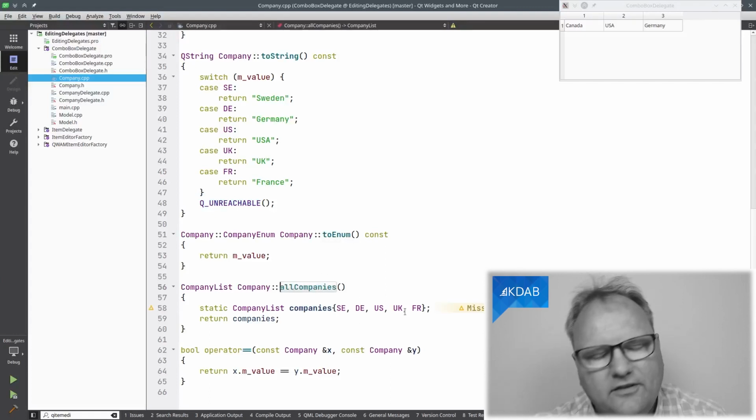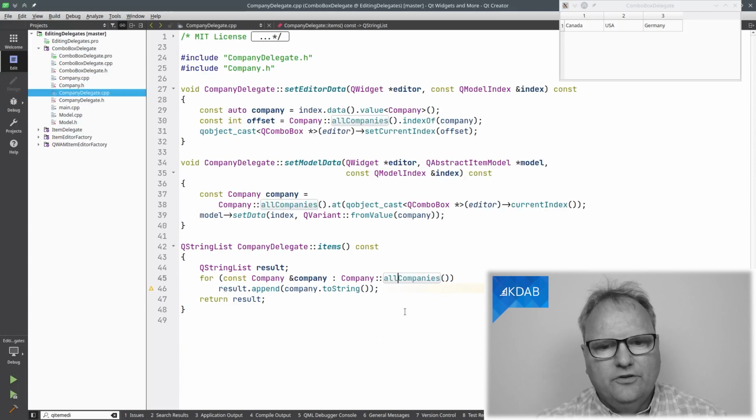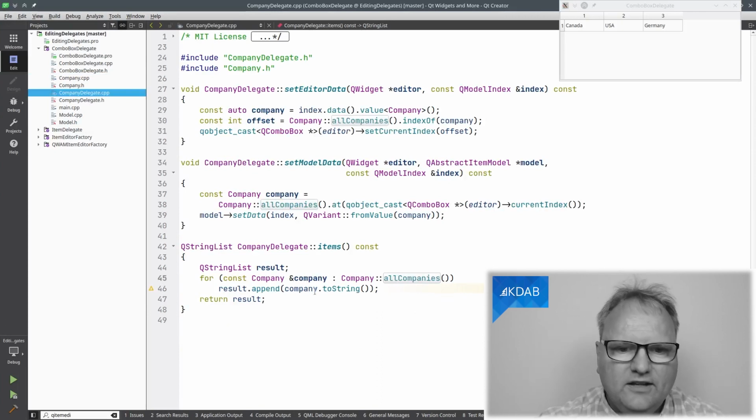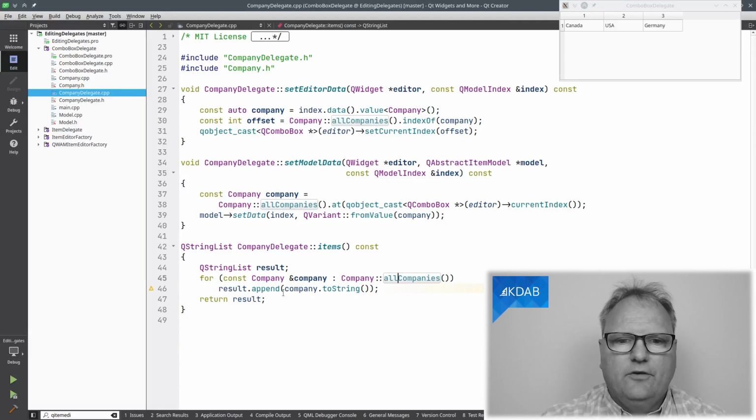It could, and of course in my setup, it's read from a database and so on, but just hard coded here. I get all the companies. I translate each of my companies to strings. So I get my list of companies and that's it. But of course, every time I create this delegate, it will go and get that. So it's the really up-to-date value that I get out of there.